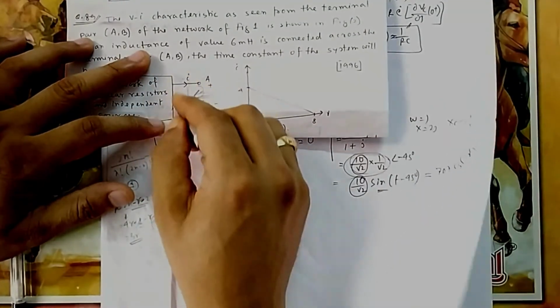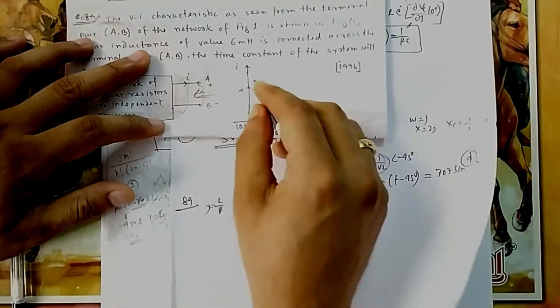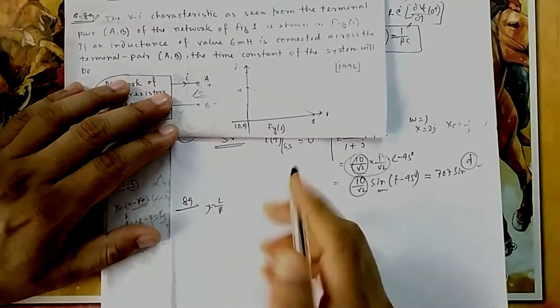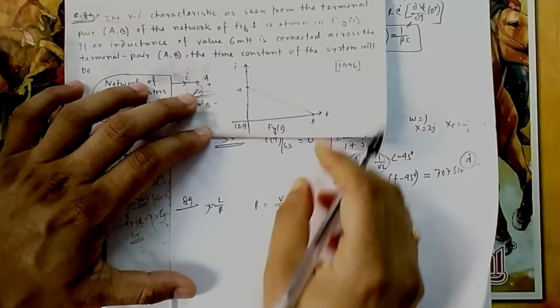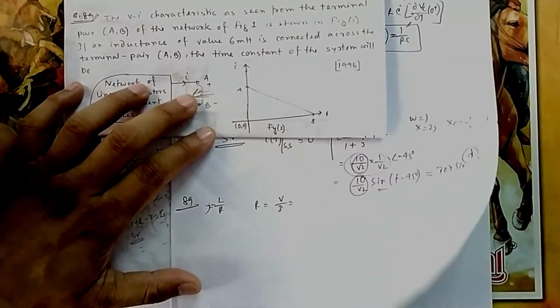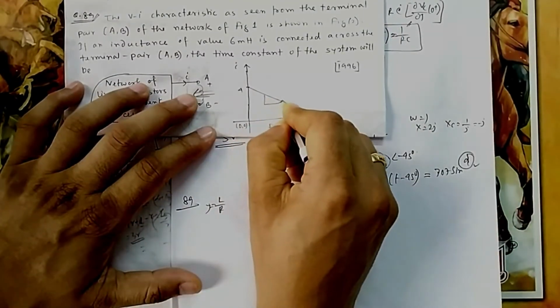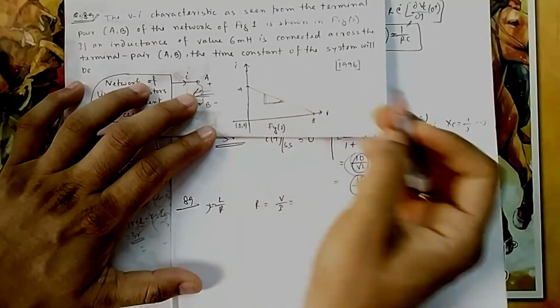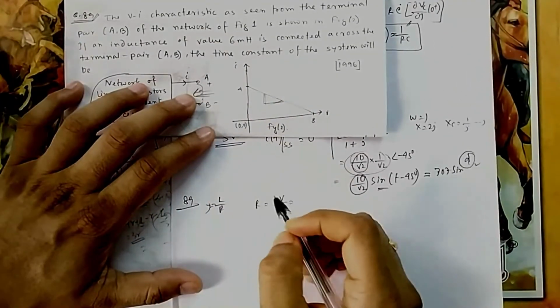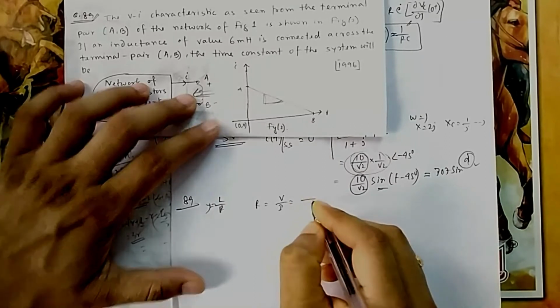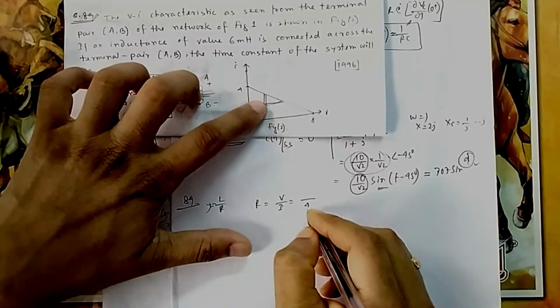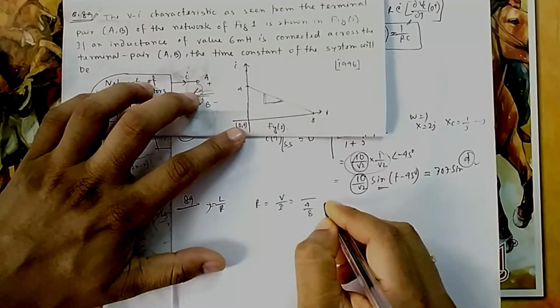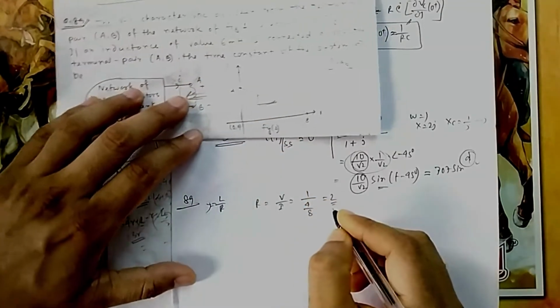How will you get the resistance? You know the VI relation. Resistance is nothing but V by I. So what is V by I? You can easily find it out. What is the slope here? The slope is I by V, so you just take the reverse of that. What is the slope? Height is 4 and base is 8, so 4 by 8. Taking the reverse, it is 2. So your R is 2.